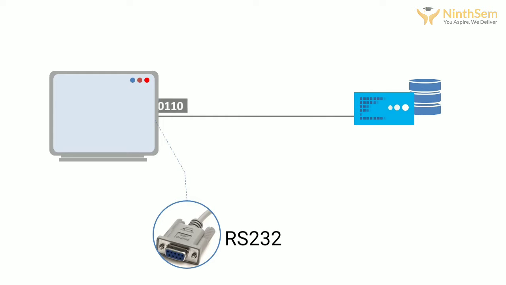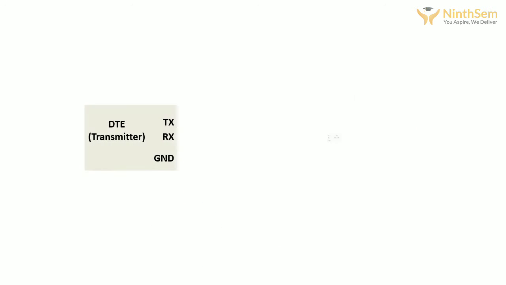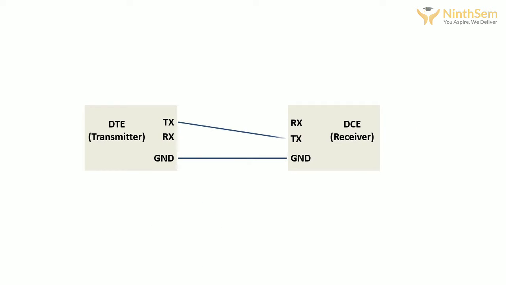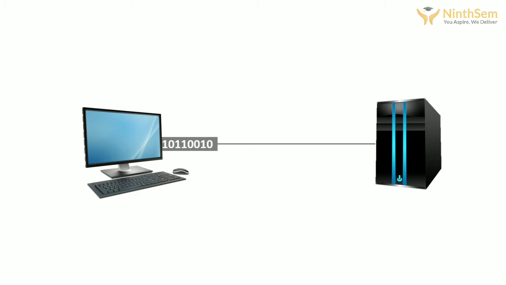In RS-232, the data is transmitted serially in one direction over a single data line. In order to establish two-way communication, we need at least three wires, that is RX, TX and ground, which is receive, transmit and ground, that we have already covered in the previous session, apart from the control signals. A byte of data can be transmitted at any time provided the previous byte has already been transmitted.